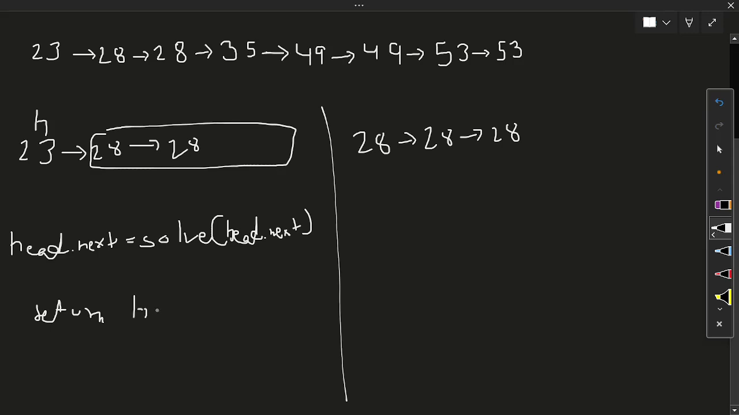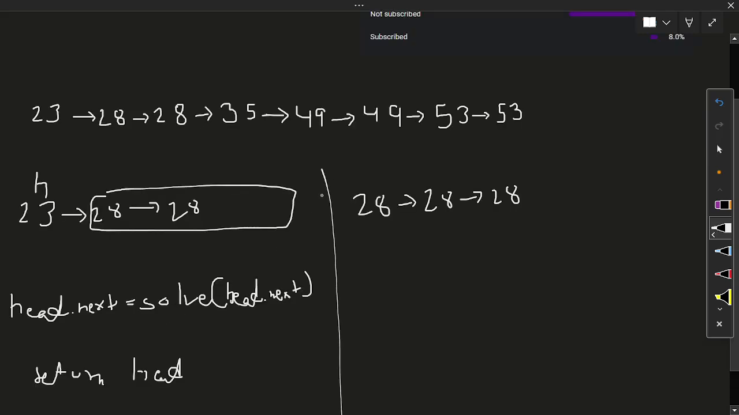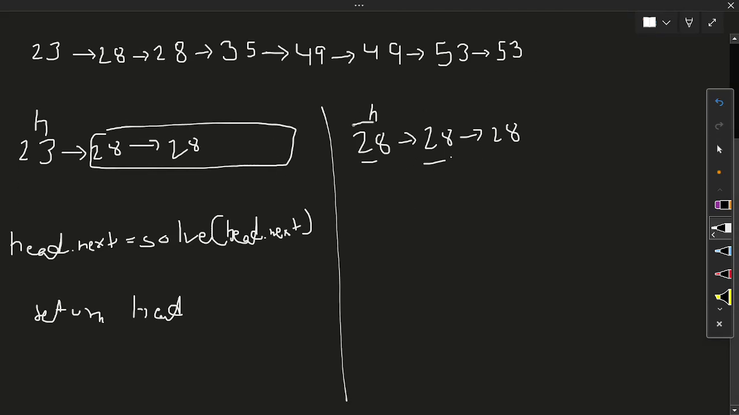This is simple, but what if we have this case? So head and head dot next value. If it is equal, we have to remove this same sublist. So we have to check. So we will run a while loop because we don't know the length. So if head dot data or value is equal to head dot next dot data,